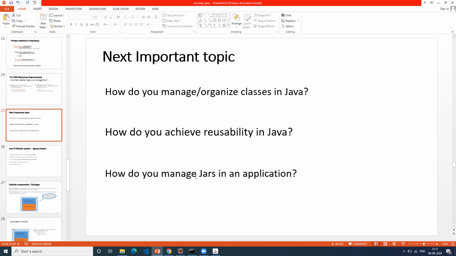Currently, how do we manage it in the existing system? We make it a library, a third-party library, and we import it. Yes, you're partially right.